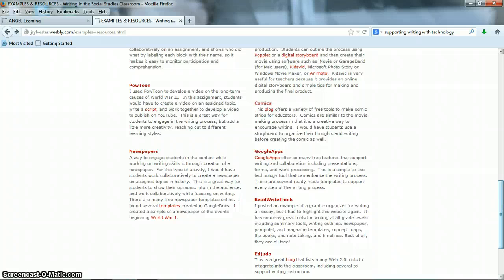So in this assignment, the students would have to create a video on an assigned topic, and write a script, or you could actually have them do a storyboard as well. So they kind of have to map out their drawings and their writing as well. So it just depends on how detailed you want them to get, and work together to develop a video to